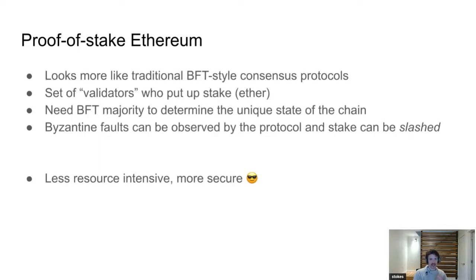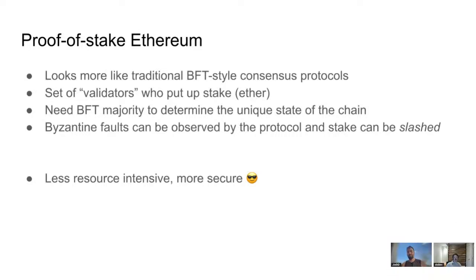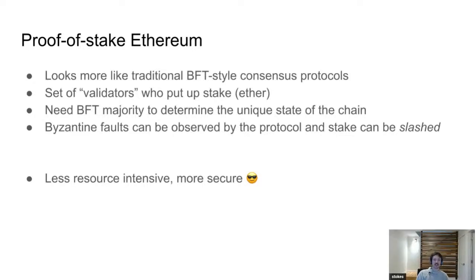And okay, so we'll dig into proof of stake Ethereum. At a very high level, it looks a lot more like these traditional BFT protocols. And again, I'll try to throw up some diagrams to make that more clear. There's a notion of a validator. So, the system is still permissionless to the extent that anyone can join, but they do have to put up this stake, which today is 32 ETH. And the way this is going to work is that you essentially run something like two-phase commit, like I was talking about a second ago.